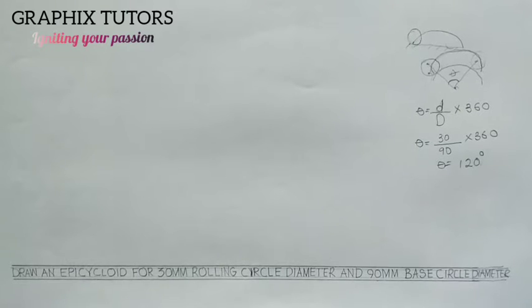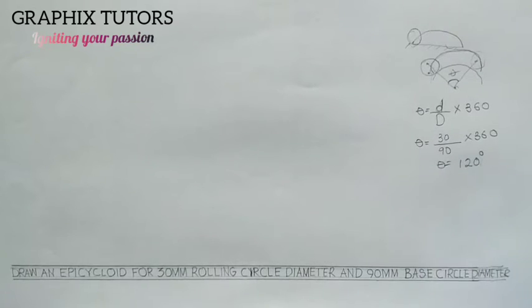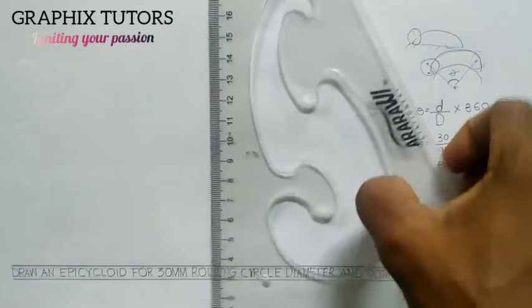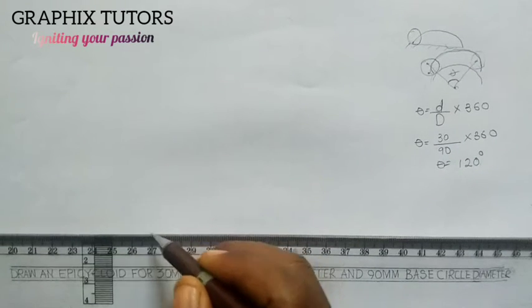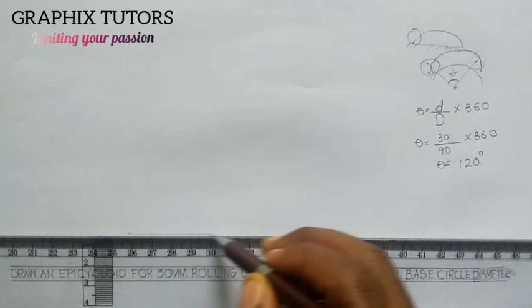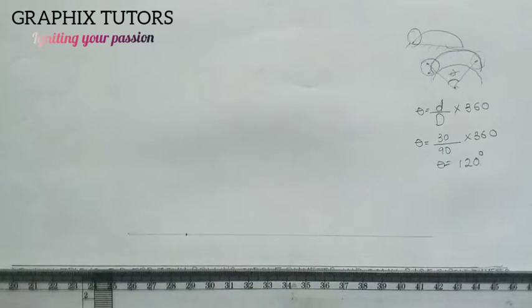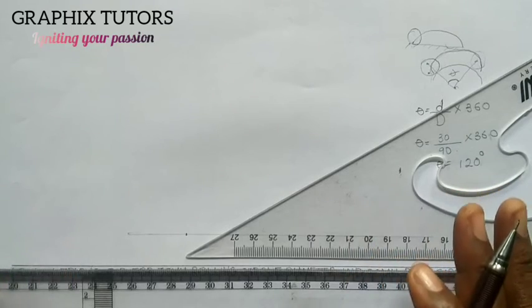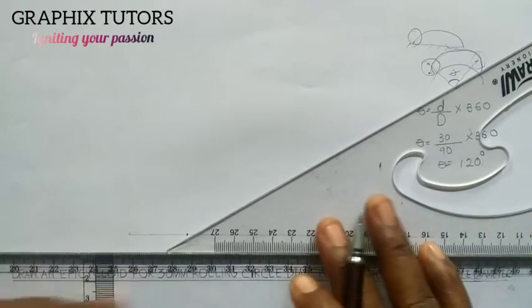Now the first thing you need to do is to get your angle, 120 degrees. So remember in our previous video we have what is called our set square, right? This is our set square and this is our 60 degree set square. If I place it this way and I draw my horizontal platform this way, remember when you are drawing your isometric, we say the isometric is constructed on the 30 degree angle, right? Now if I place it this way, my set square sitting on my T-square,